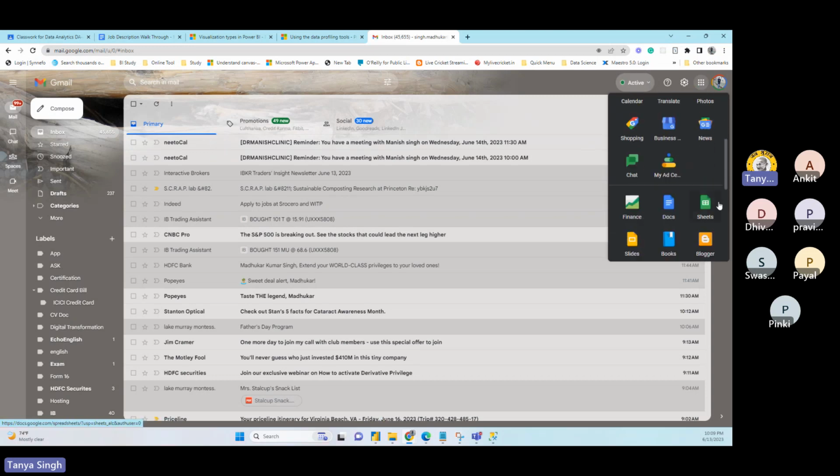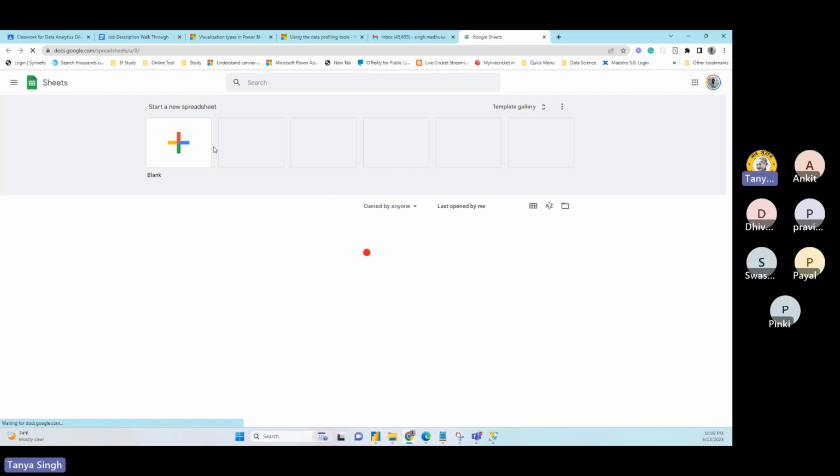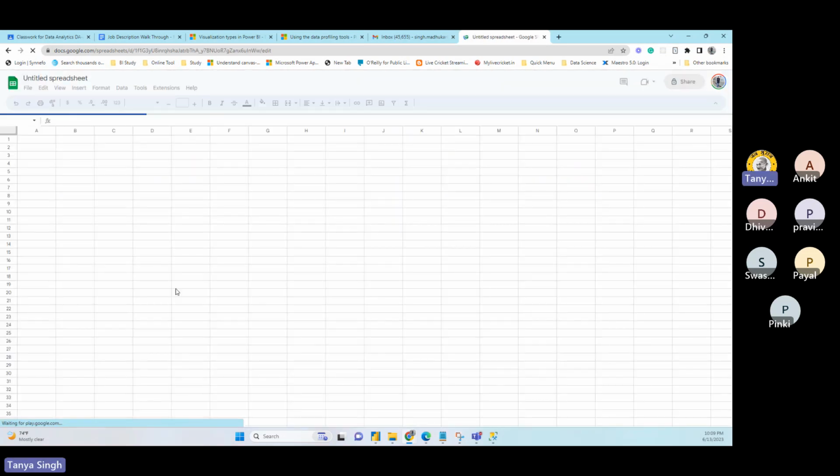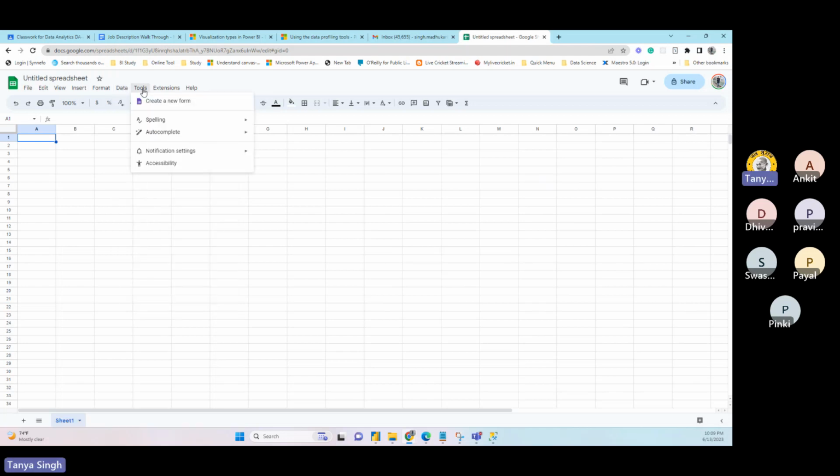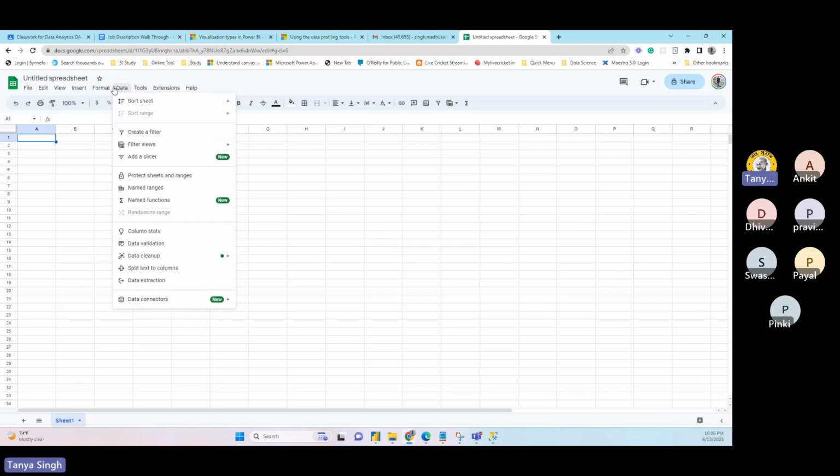If you go to Google Sheets, they also provide ways to connect data, under Data or under Tools, like data extraction and data connector, such as connect to BigQuery or connect to Looker. And using that, you get split text by column, text extraction, data cleanup, data validation. Pretty much everything is available everywhere.